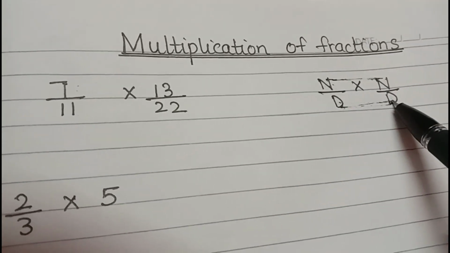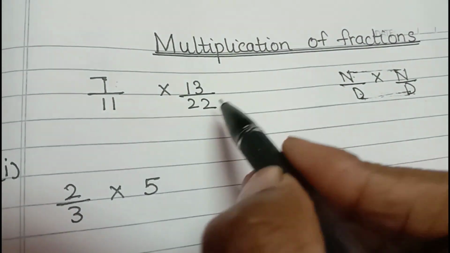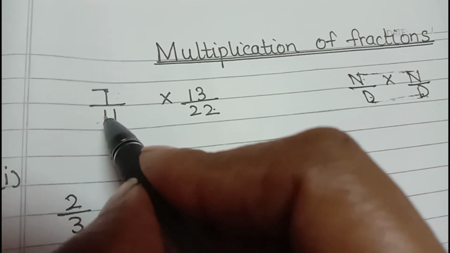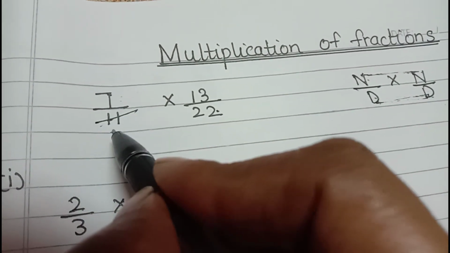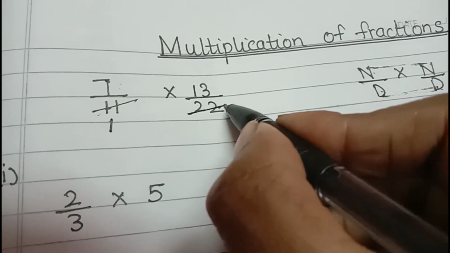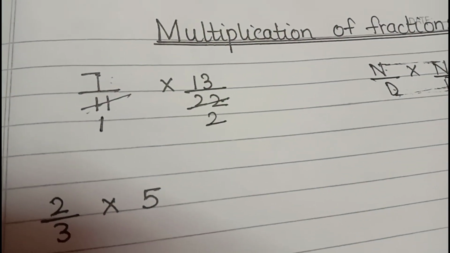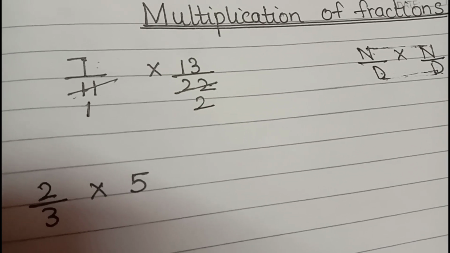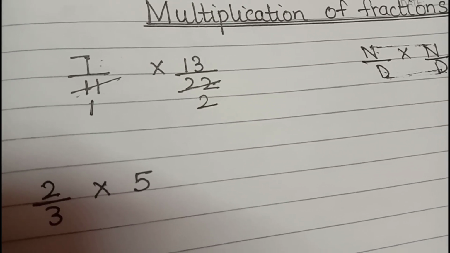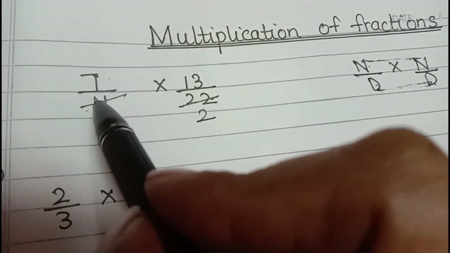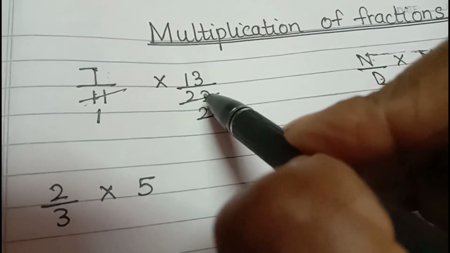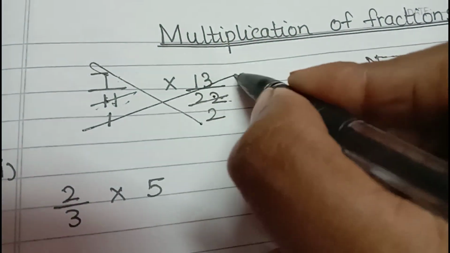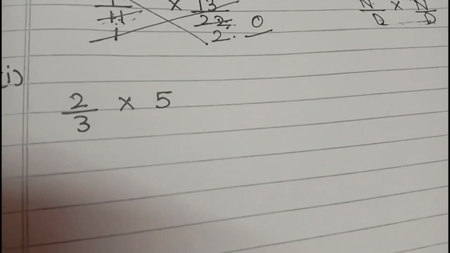Numerator, denominator. Now if you see this question, in this if I say 11 and 22, they have a common factor 11. 11 ones are 11, 11 twos are 22. So am I correct? Tell me, have I done the correct thing? क्यों? रूल कट तो रहा है, कैंसिल तो हो रहा है 11 और 22. No. Why? These two are denominators, so they never cancel each other. तो ये तो हो गया भाई wrong. 0 marks.